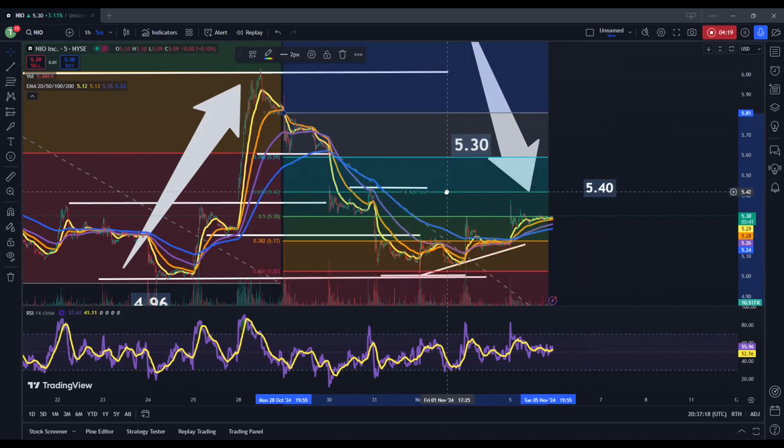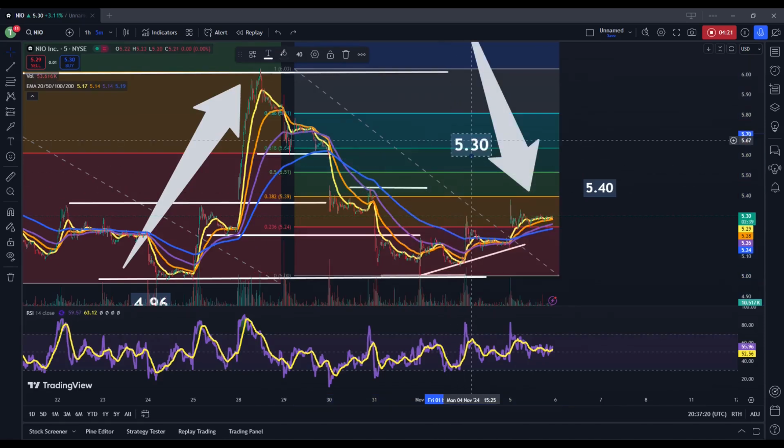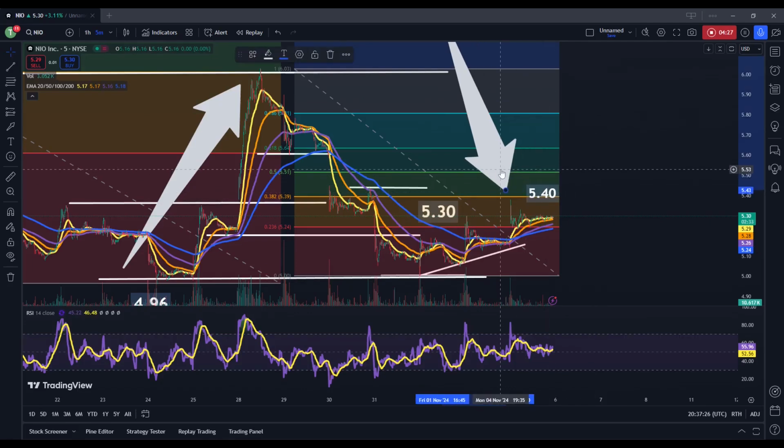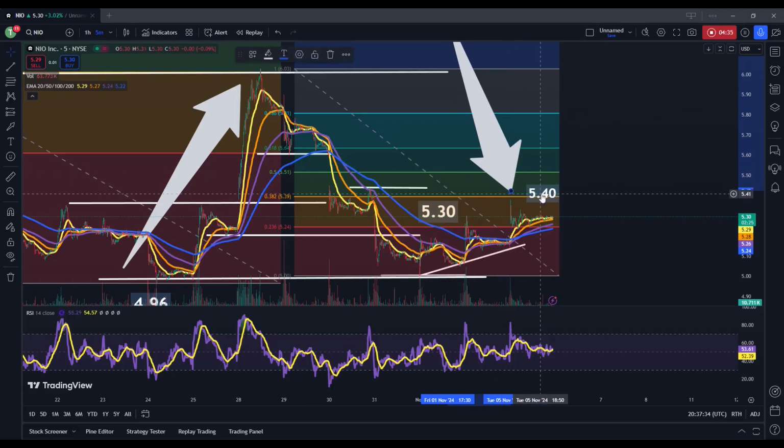Okay, so that is marginally higher than the $5.30 high that was seen previously. So, that is a bit of a positive development. I do like the structure. I mean, it's starting to try to develop a bullish structure. We've got higher highs and higher lows. If you're bullish, you do want to see this 540 level break, because then that